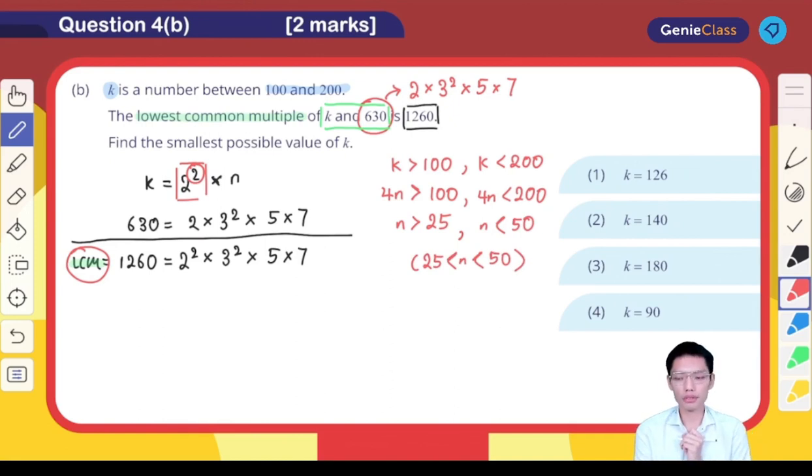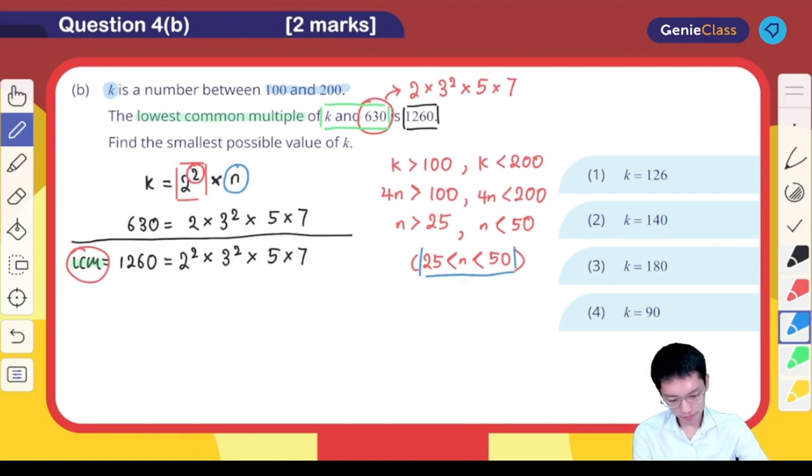So that's something we can look out for. Based on this configuration over here, it's a little bit of guessing and checking, I would agree. But okay, we do at least have some restrictions on numbers we can look at. So based on this information here, can anybody tell me, for the n that we are looking for, what is